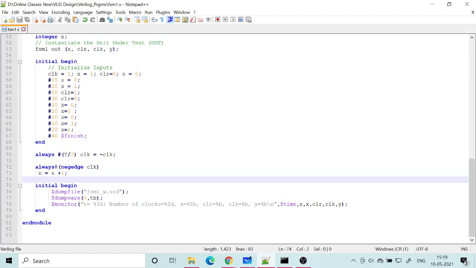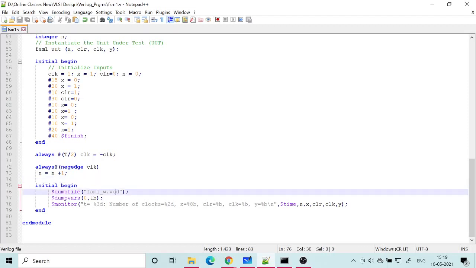All right, so now the usual statements. We dump it as a VCD file, value change dump. Whenever the value is changed, that will be written into that file. And then what are the variables I need to dump? All the variables in the test bench and the instantiated module inside the test bench, because I am putting 0 there.